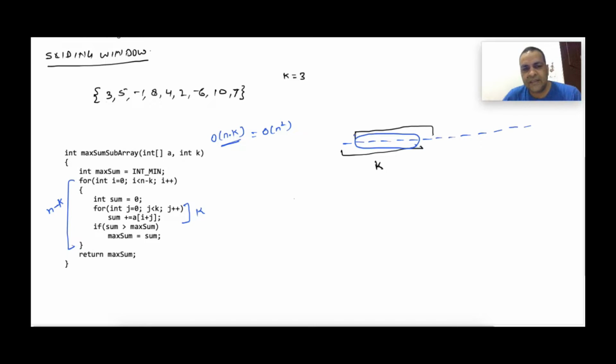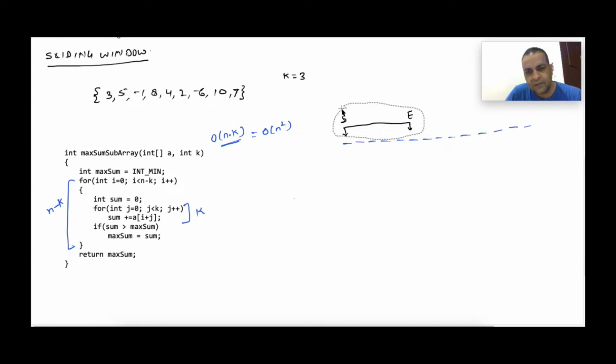We consider it as a window, right? So we compute the sum of the first window, and then we move the start and end of the window. For the first window, this was the starting point, and this is the end point. From start till end, this is one window. Now, when we want to find the sum of the next window, both start and end are moving forward.